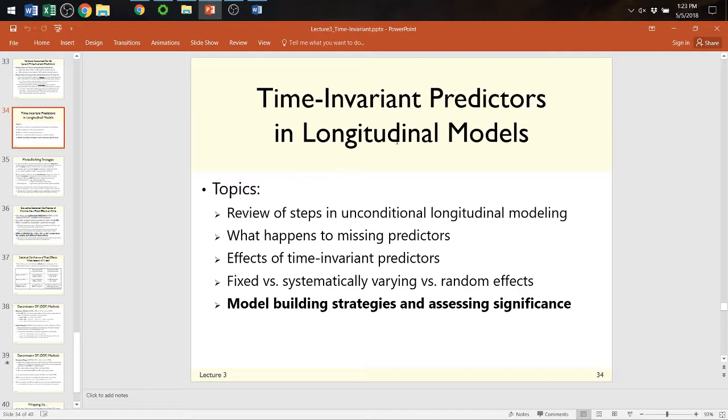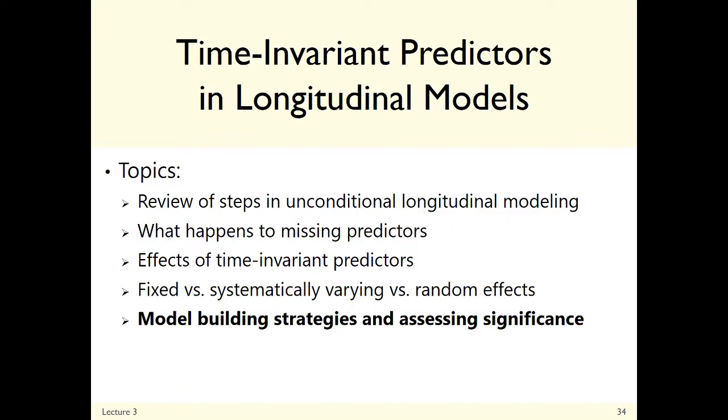All right. So we were talking about adding time invariant predictors, level 2 things, people things you've only measured once. And so I wanted to just briefly touch on ideas of model building and the way that I typically approach this. So when you look at textbook examples, they rarely have more than 1 or 2 predictors at a time. And in reality, you may have a whole host of predictors that you're interested in. And so the question becomes, what do I do first? So picking up on slide 34 within lecture 3 here,